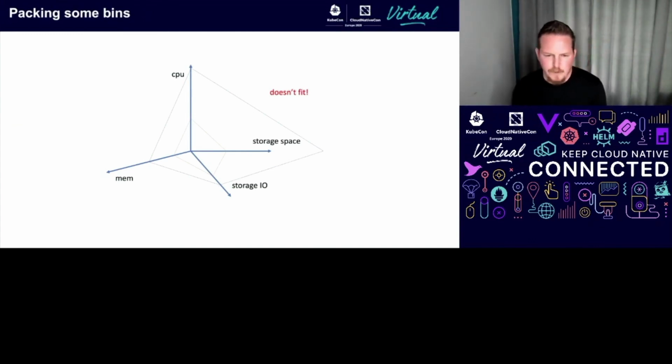Now, the other time when distributed storage comes into the picture is when you need more storage space for a particular application than you have on any given node in your cluster, right? So if you have data that's larger than a node, then you're going to have to spread that data over multiple nodes. And guess what? Distributed storage helps you do that, right?